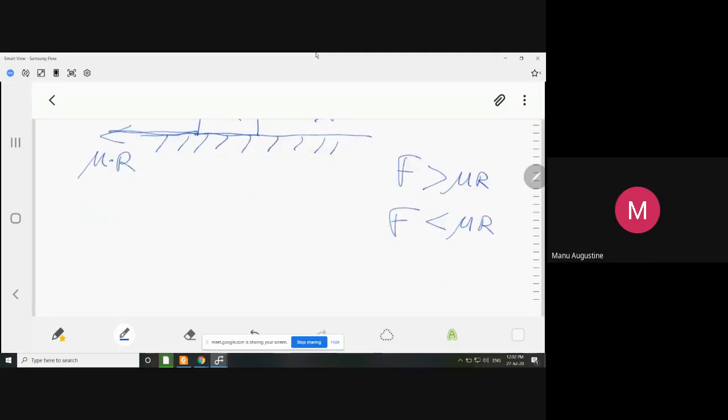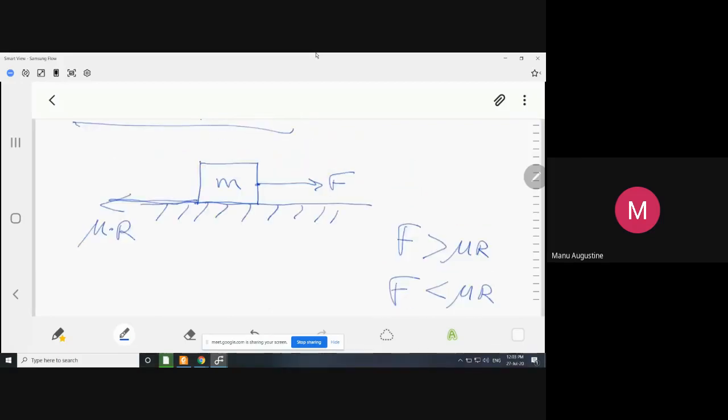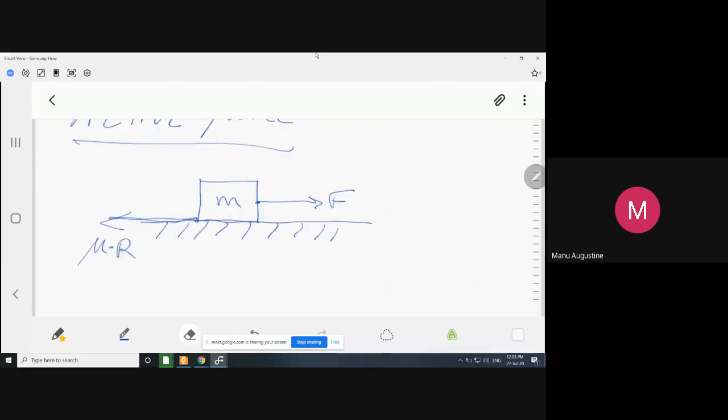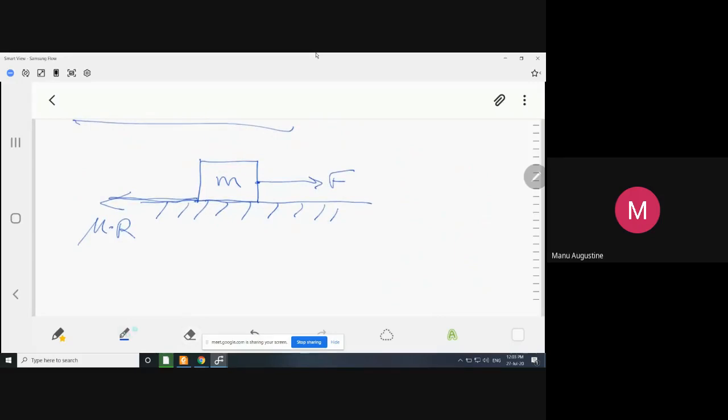नहीं। और अगर किसी केस में फोर्स की वैल्यू म्यू आर के बराबर है तो हो सकता है कि आपकी बॉक्स कांस्टेंट वेलोसिटी से चल रही हो या फिर नहीं चल रही हो। ये दोनों केसेस पॉसिबल हैं इस तीसरे सिनेरियो के लिए। बट आई एम नॉट स्पेसिफाइंग एनीथिंग, because we are not interested in doing the complete analysis of this thing right now. All that I'm interested in right now is to draw the free body diagram, FBD, of